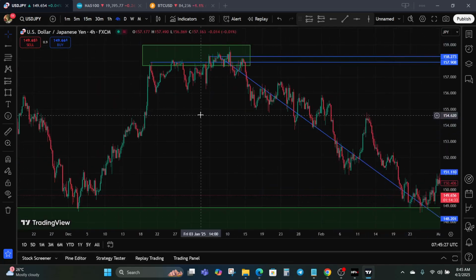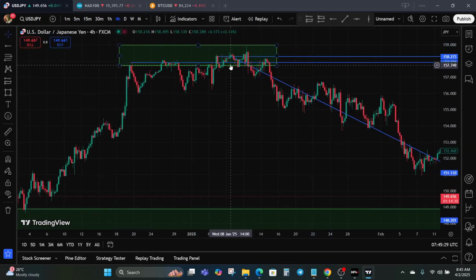So a place where many retail traders place their stop losses, you should be cautious of those places. If you are to enter a sell here, you might be thinking of setting your stop loss some pips above, because rejection happened here, rejection happened here. Maybe you now enter the sell here. You might just go and set your stop loss just around here. So you have to be cautious of that,